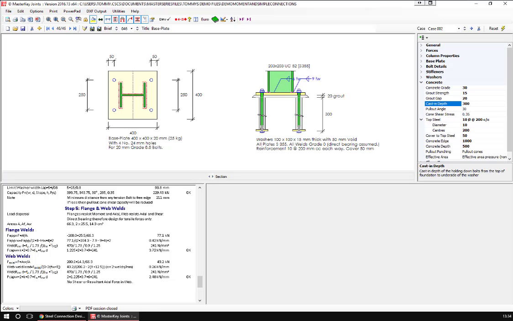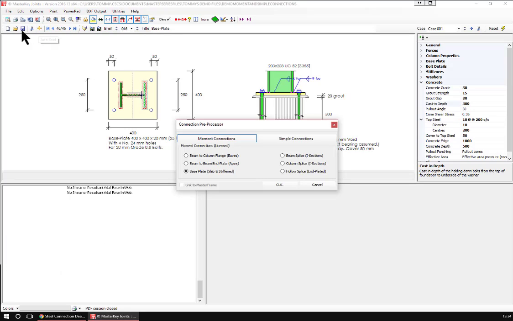What we can also deal with are the simple connections. And some people think, well, why? Because there's a table of simple connections. But they're only for the very simple configurations. If I come along and ask for a simple connection, which is a typical beam to beam flexible end plate,